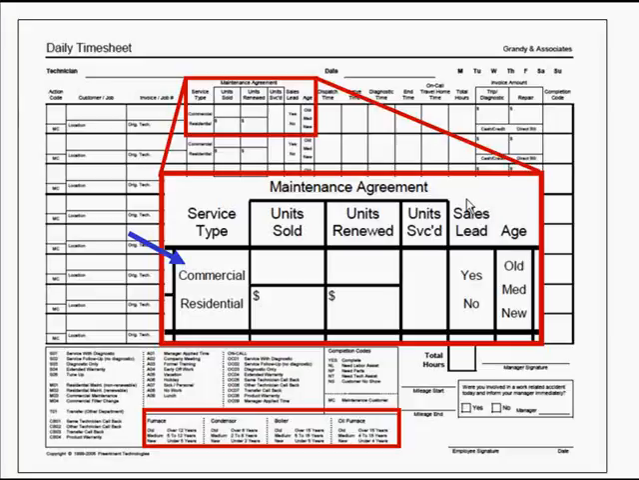residential or commercial. When it comes to the maintenance agreement section of it, if the technician sold a maintenance agreement while he was there, how many units did he sell, and what was the total cost? And again, remember a unit is a motor bearing unit. So if he sold a maintenance agreement for heating and air conditioning, there's 2 units on there. So he would put 2 in the terms of the number of units and then the total cost of the